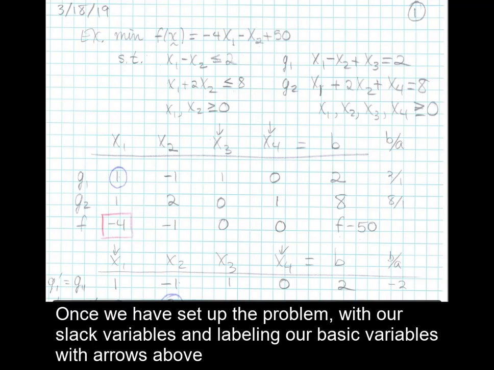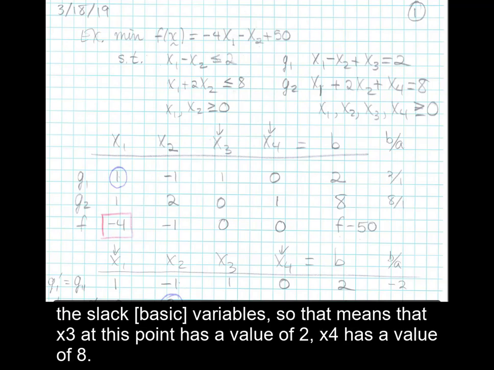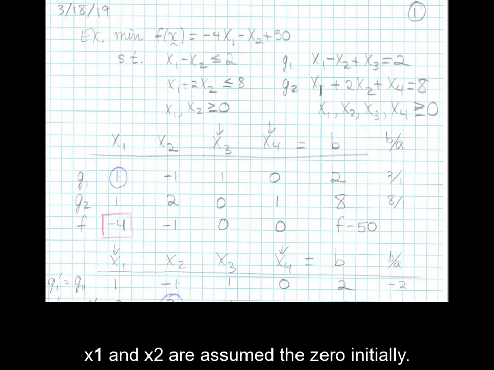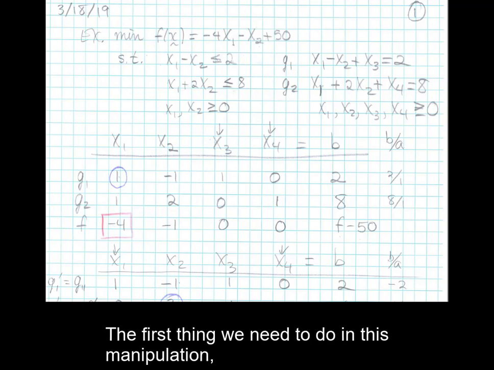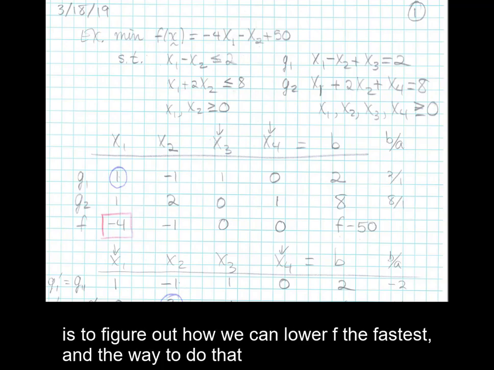Once we have set up the problem with our slack variables and labeling our basic variables with arrows above the slack variables, that means that x3 at this point has a value of 2, and x4 has a value of 8. x1 and x2 are assumed to be 0 initially. The first thing we need to do in this manipulation is to figure out how we can lower f the